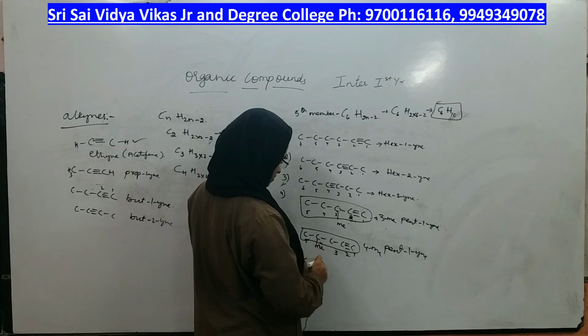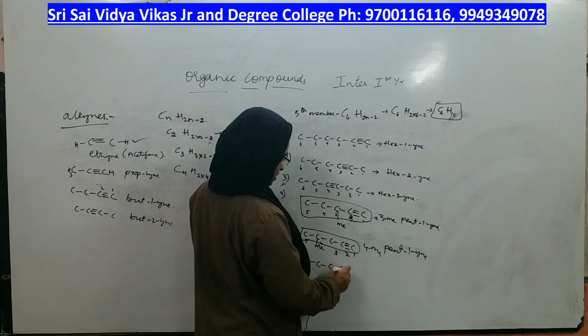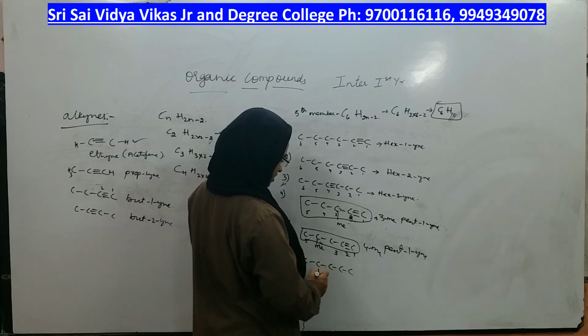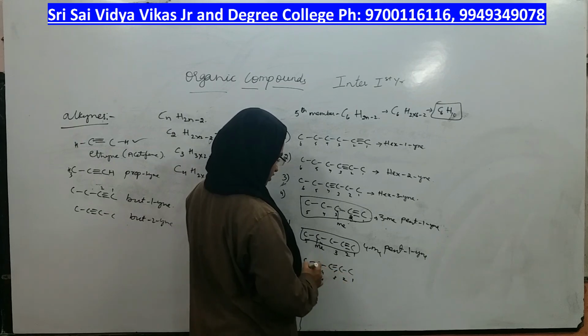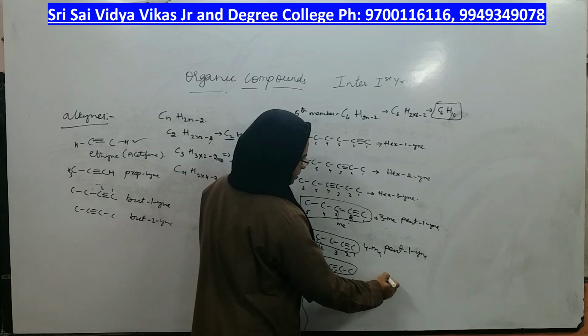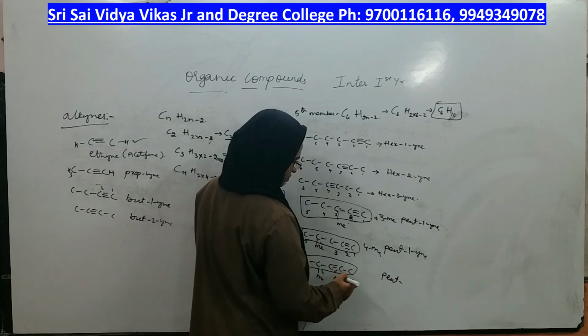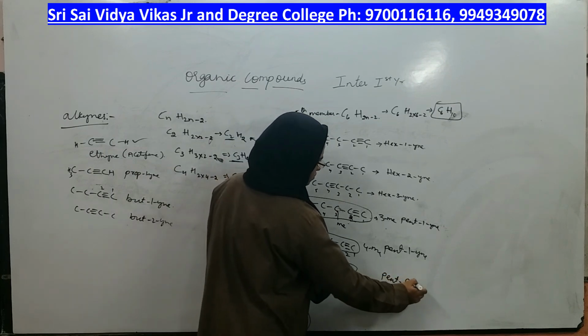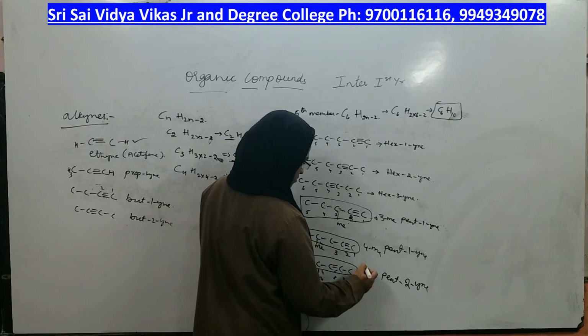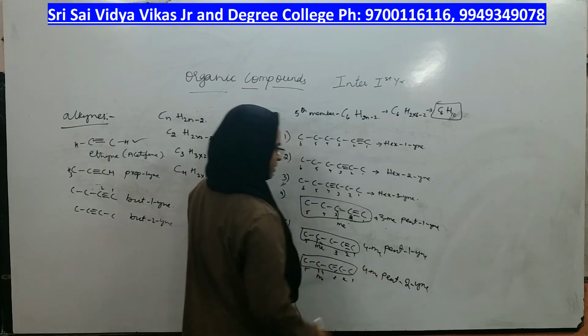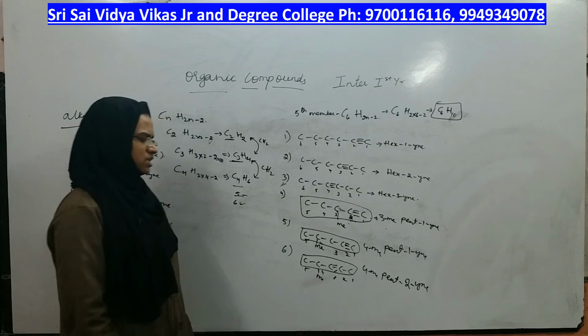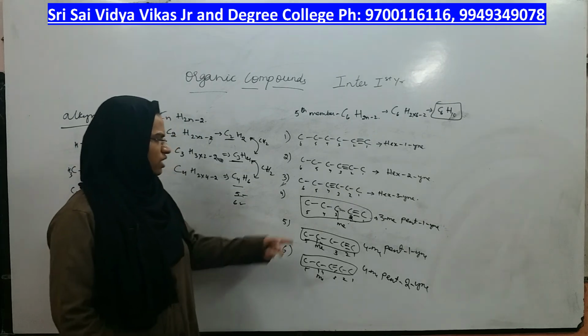Let me do so. 1 2 3 4 5. Where is the methyl group? At fourth carbon only. The triple bond was here. Let me bring it here. 1 2 3 4 and 5. What is the longest carbon chain? This only. Pent. Where is the triple bond now? 2-yne. Where is the methyl group? 4-methyl pent-2-yne. Now this is the isomer in which 5 carbons are in the longest chain.